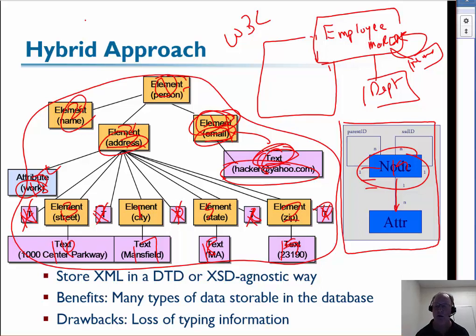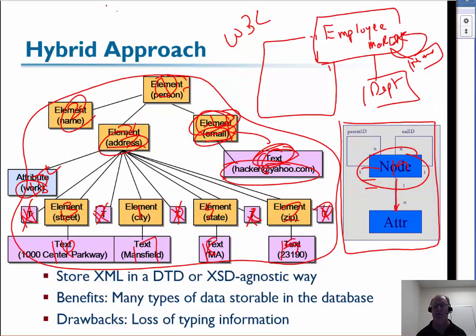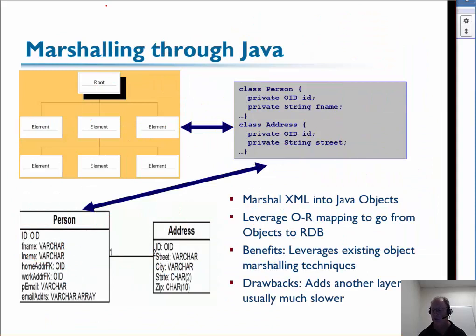So this kind of takes away a lot of typing information. And every time we take away that typing information, we're kind of lost now. We've lost our semantics and we've got to go through something to recover them and get them back. And that can be potentially very expensive, right? I mean, classic problem, right? Anytime you make something more general purpose, you're losing specific information that you can take advantage of to turn around and make your code more efficient, work faster, work in a more application or domain specific way.